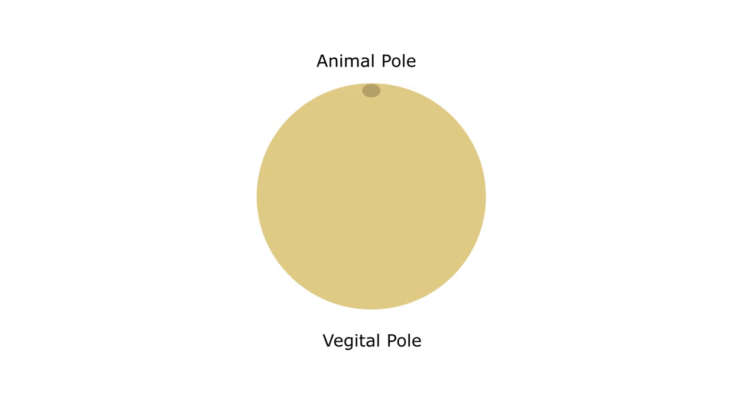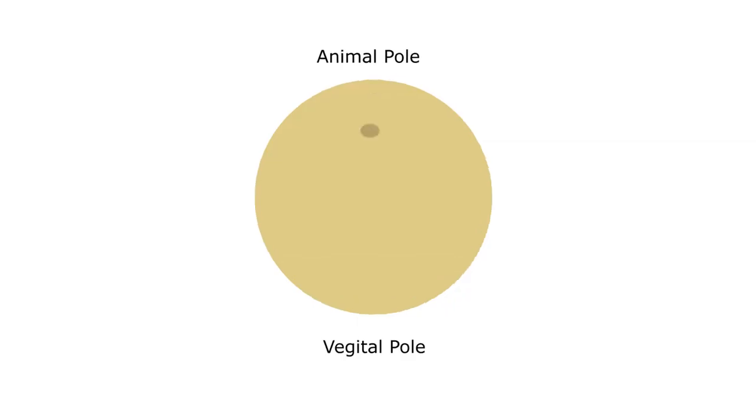This is how a frog zygote or an egg looks like. At present, it is only a single cell. I want you to concentrate on a black dot near the animal pole. Now, what is animal pole and what is vegetal pole, we are going to see. To understand cleavage, let us orient ourselves little bit towards the animal pole. So, the black dot which was there at the top has come down a little bit.